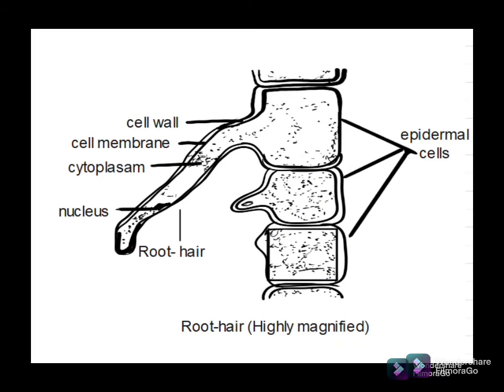The cell wall is said to be freely permeable as it allows all substances to pass through it, whereas the cell membrane is semi-permeable. It allows only the water molecules to pass through it, but prevents the entry of any large molecules. This feature of the cell membrane facilitates the movement of water molecules from the soil into the root cells. The cell sap in the root hair cell is said to be of a higher concentration, that means very little water, as it contains more solutes compared to the surrounding soil water. So this further promotes water absorption.